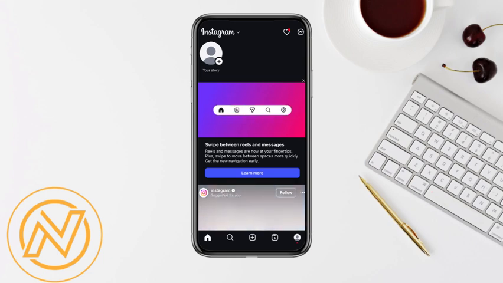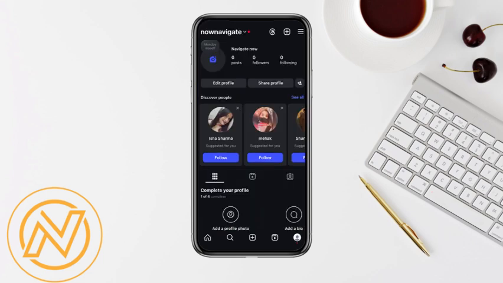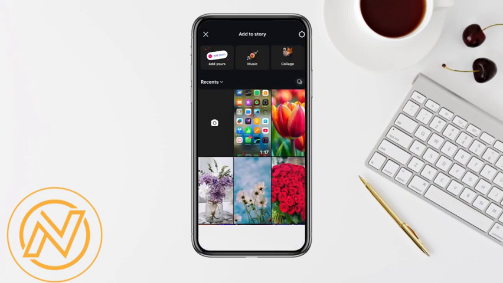So for that, all you have to do is simply open your Instagram and click on the profile section from the bottom right corner. And over here, you will be able to see this plus icon from the top right corner. Just simply tap on it and you will see different options like reel, edits, post, story, highlight. Just simply tap on story and you will be able to see this option which says collage on the top